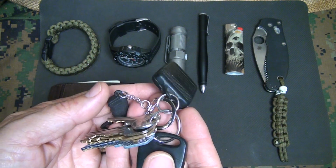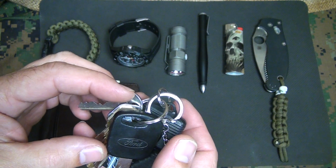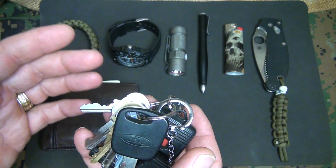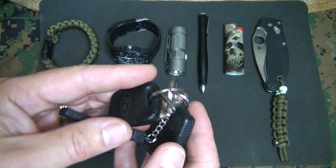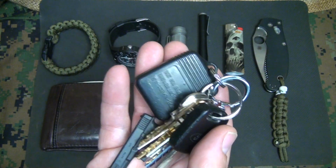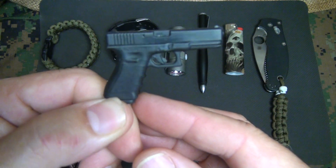One of the things, though, that I've changed with my car keys is I used to keep a little Swiss Army knife, a little small one with the various tools on it. Kept coming off. Put some other things on here, and the little tools just kept coming off my keychain, so I just removed them. And of course, I have a little Glock that I picked up at the NRA show